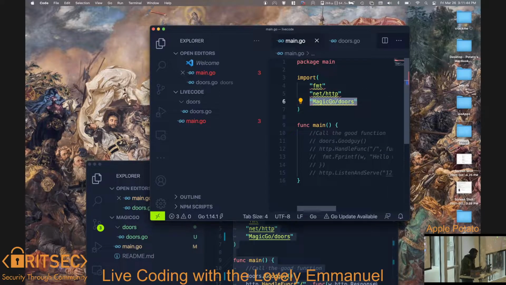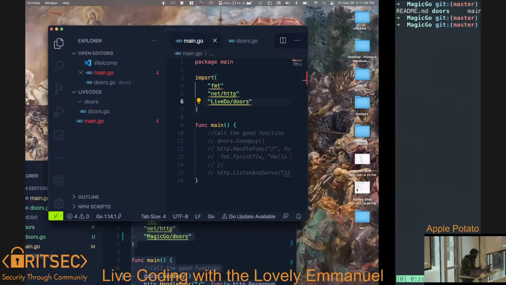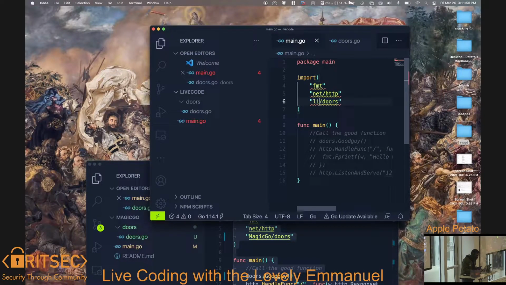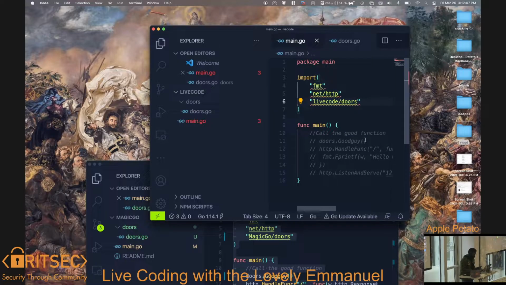I'm going to call this livecode, because that's what it's called. Livecode, lowercase. Cool. Livecode doors. So that would be that directory over there. Also the package name on top of your package, and we can just call it right there.